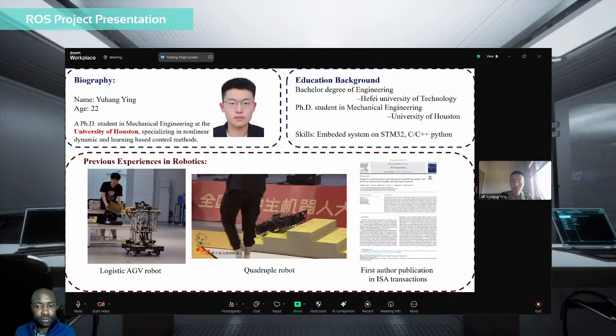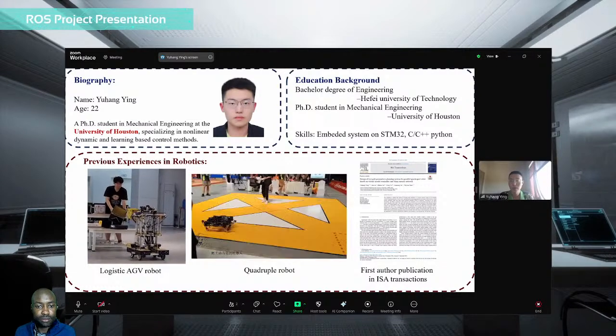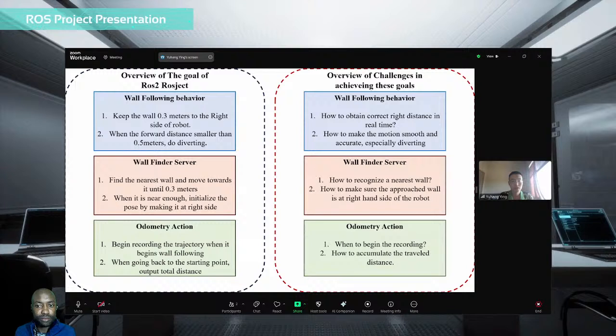All right, so let's come to the main point. Let's see the overview of the goal of the ROS check. There are mainly three sections of the task. The first is wall following and wall finder, and the odometry action, which is used to record the